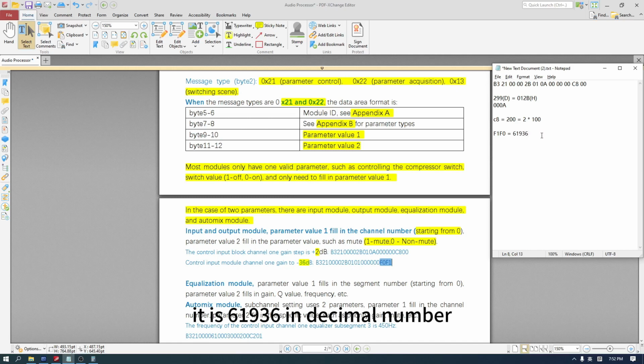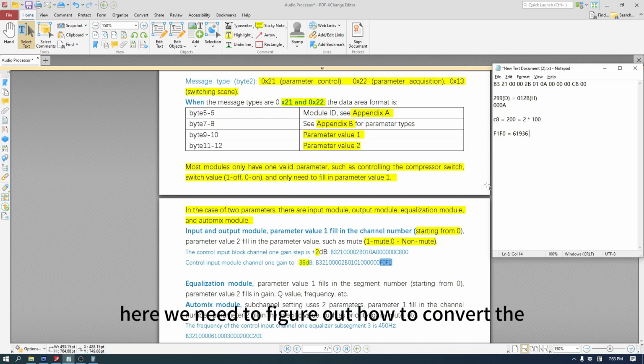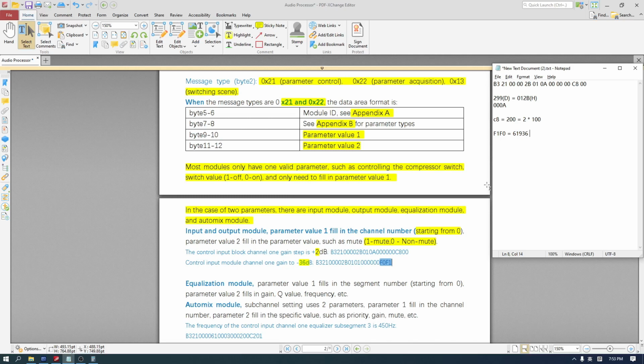It is 61,936 in decimal. Here we need to figure out how to convert the negative number to hex. We can see that this number is equal to